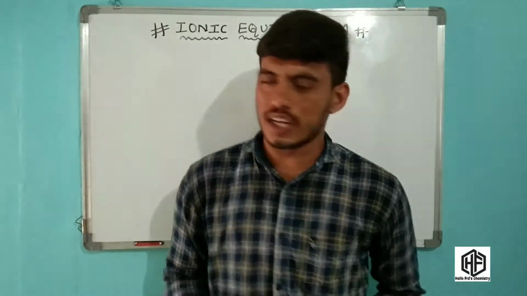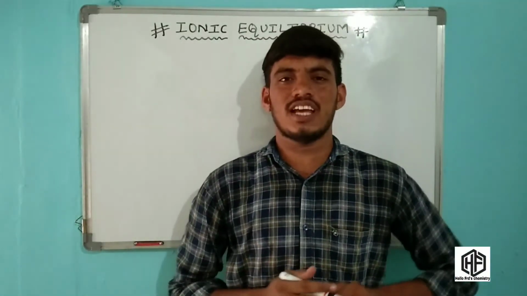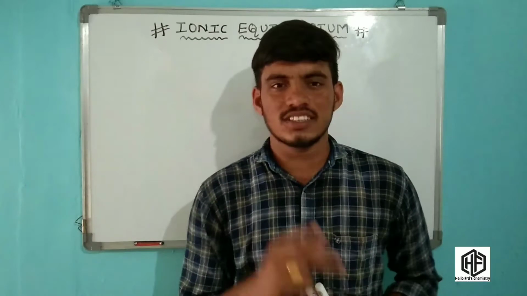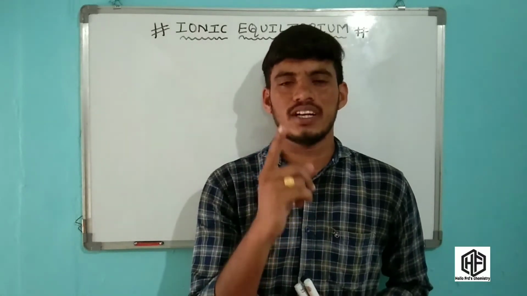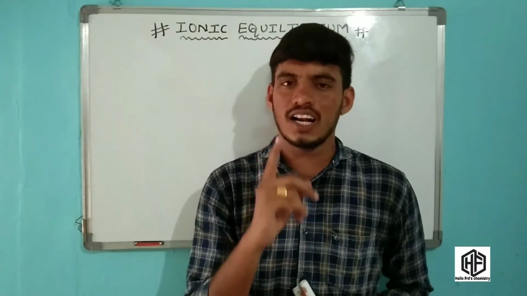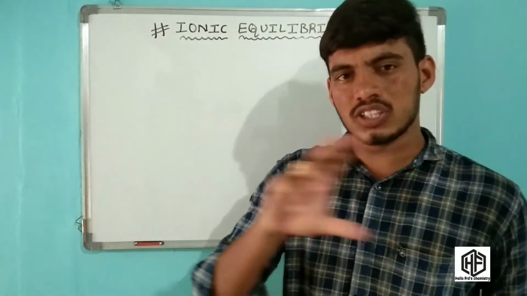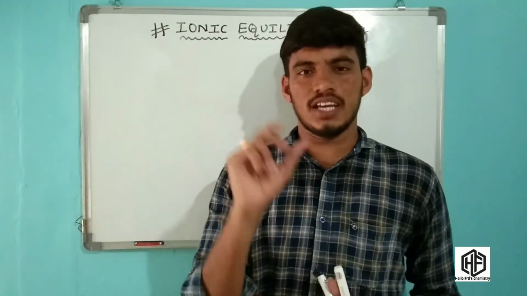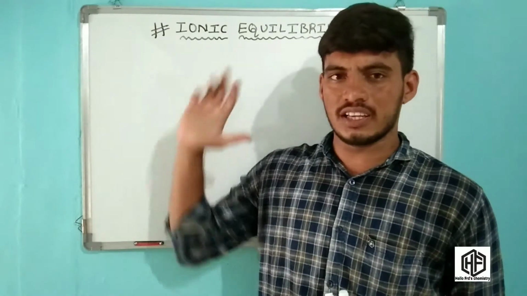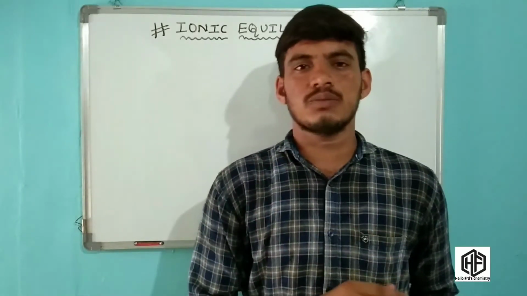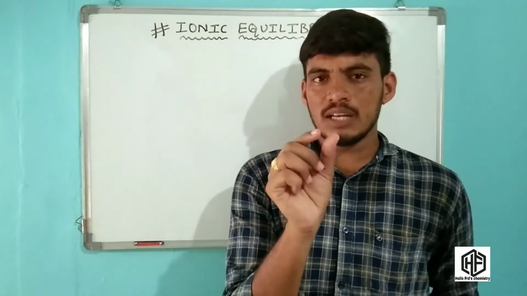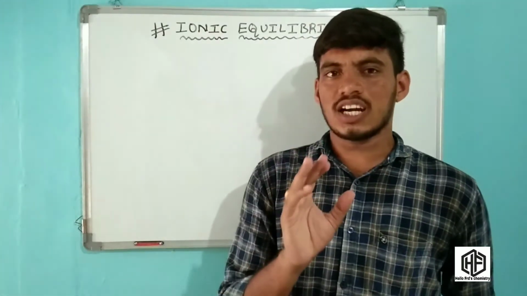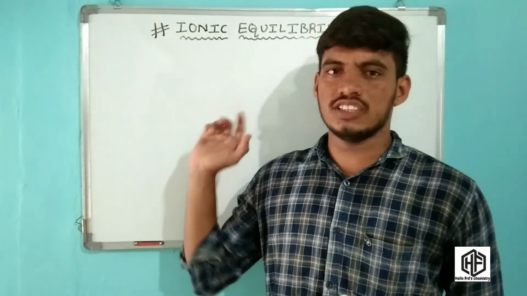In this video I am going to talk about ionic equilibrium. In my previous class I talked about chemical equilibrium. These are two important lessons: one is ionic equilibrium and the second one is chemical equilibrium. In my previous class I discussed the chemical equilibrium chapter and its important topics, but in this video I am going to talk about ionic equilibrium. Friends, one more concept is present in equilibrium. You already know what equilibrium is from my previous class. Now that concept is related to this lesson.